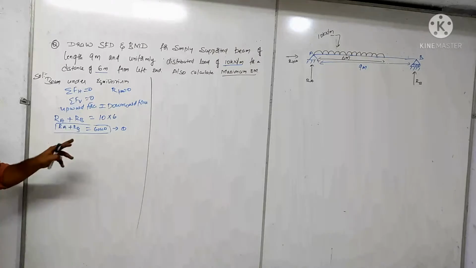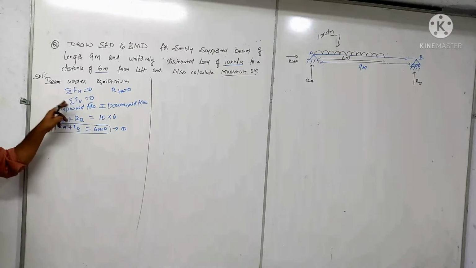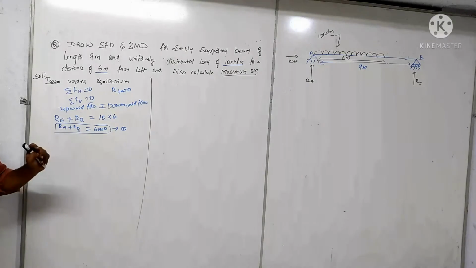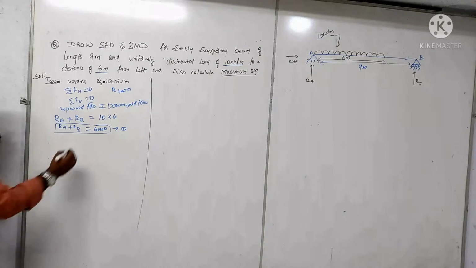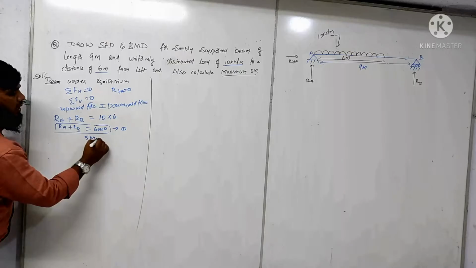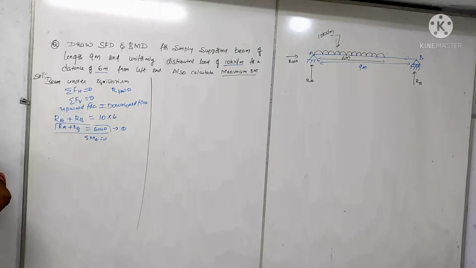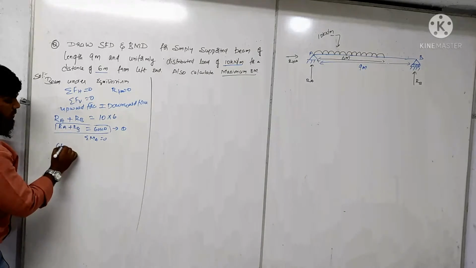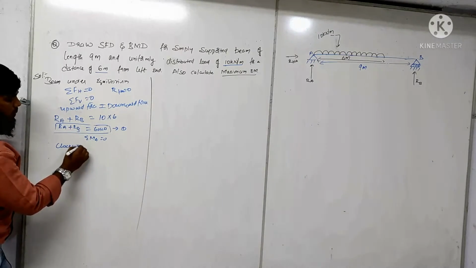Next, we have solved two equilibrium conditions, but we are having one equation with two unknowns. For getting another equation we should solve another equilibrium condition, that is the moment about point A is equal to 0. Take the moments about point A. When I say moment about point A, we have to take the clockwise moments equal to the anti-clockwise moments.